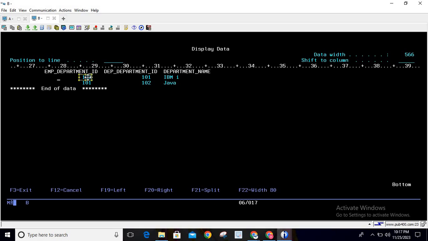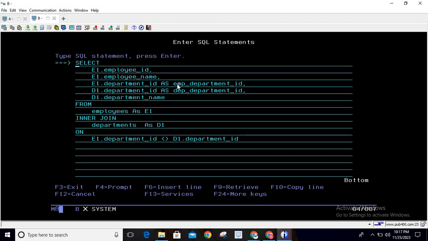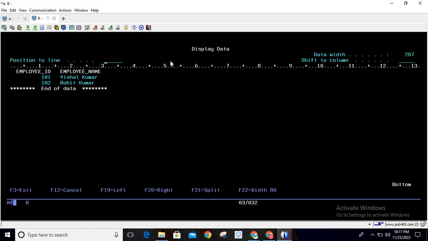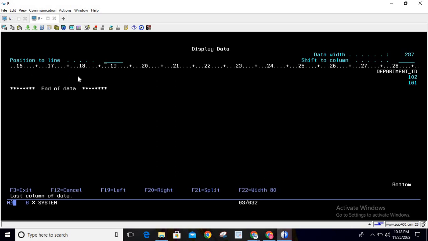So here we have assigned the value as 102, but it should be 101, so there is a mismatch. Similarly, for this ID the employee department assigned is 101, but it should be 102, so there is a mismatch. Okay, so this was our requirement. If I show you the table data again for the employees table, you can see employee ID, employee name, and if I press Shift F8 you can see